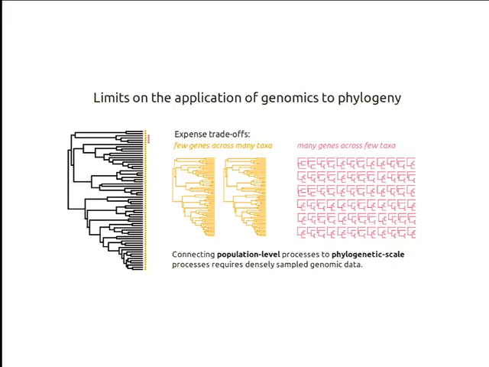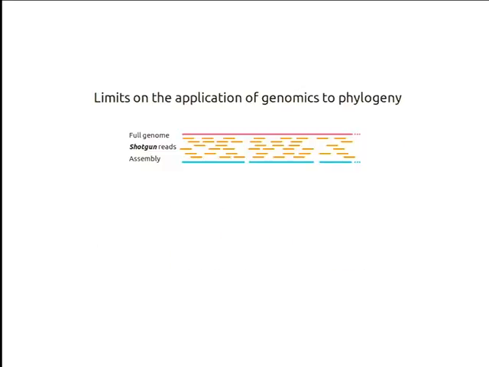Ideally, we want to be able to connect one continuous data type from the scale of populations and individuals to larger and deeper clades. And we're still a ways from having that kind of data, but increasingly we're getting closer to it. And I think a real goal of having that kind of data is being able to connect variation within and between populations up to the level of explaining, say, differences in lineage diversification rates and patterns of trait evolution within larger clades. The limitations we have in generating sufficient genome scale data for doing this is largely driven by limitations